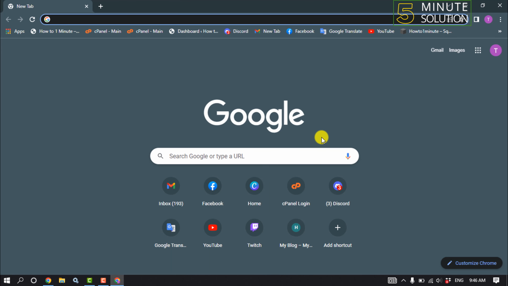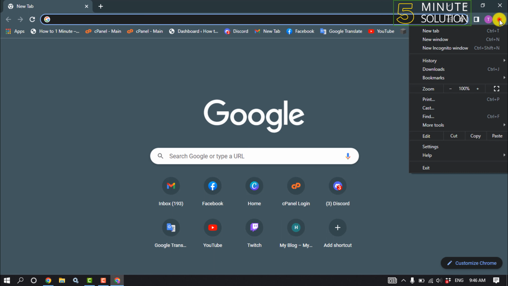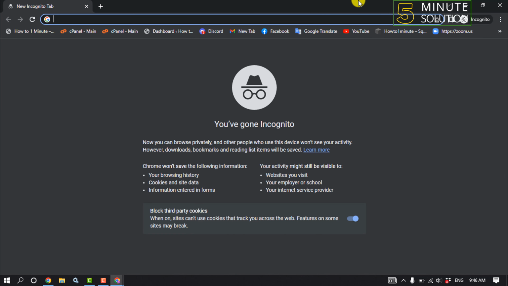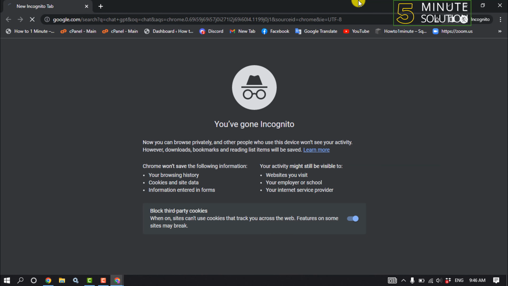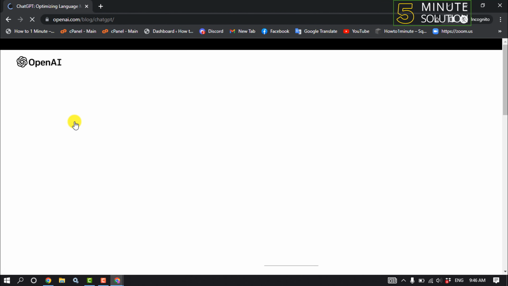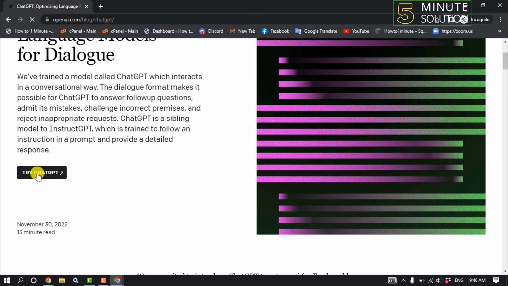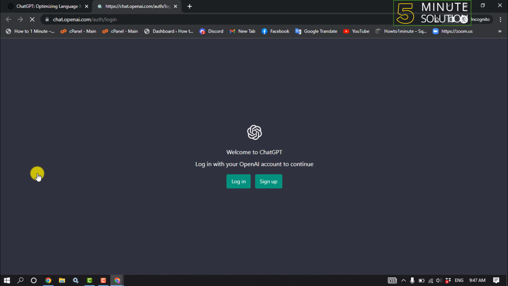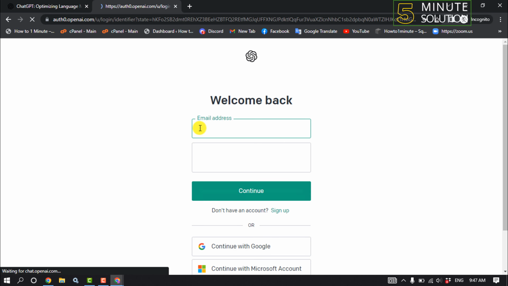And the second solution is you need to open your ChatGPT in incognito mode. So open your browser and tap on this three dot, click on new incognito window, and all you need to do is type here ChatGPT and open this website from here. Click on try ChatGPT, click on login, give here your account email address and password and login into your account and check if the problem is solved or